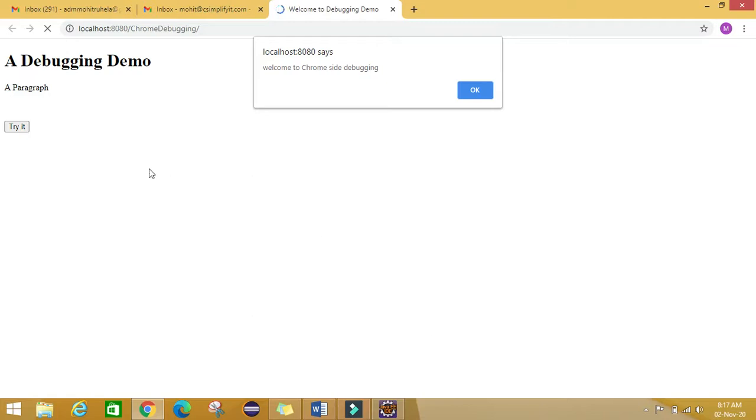Here we go. So in the starting page it is showing welcome to Chrome site debugging. When I click on OK, this is coming. Okay, now